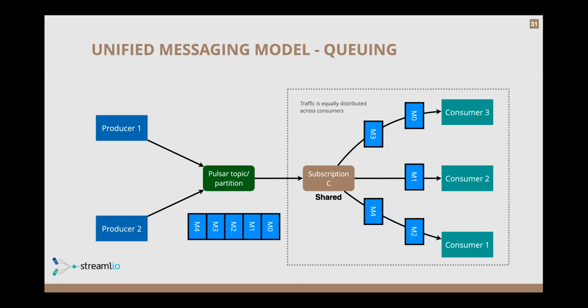Again, in this scenario, you have the two producers on the left writing the messages, and you have what's called a shared subscription in Pulsar, which allows any number of consumers to come in and get their fair share of the messages. It's equally distributed across the consumers. So this is more of your traditional work queue scenario. If the topic starts backing up and you want to scale up the number of consumers, you can have 5, 10, 100, as many as you want. They will each take round robin, grabbing messages and processing them in real time.